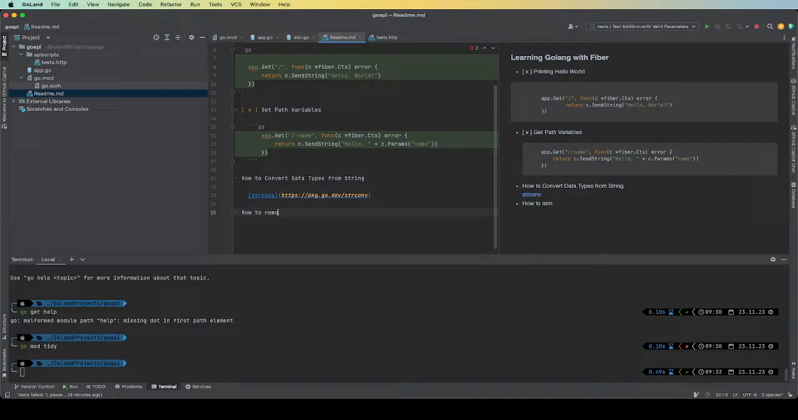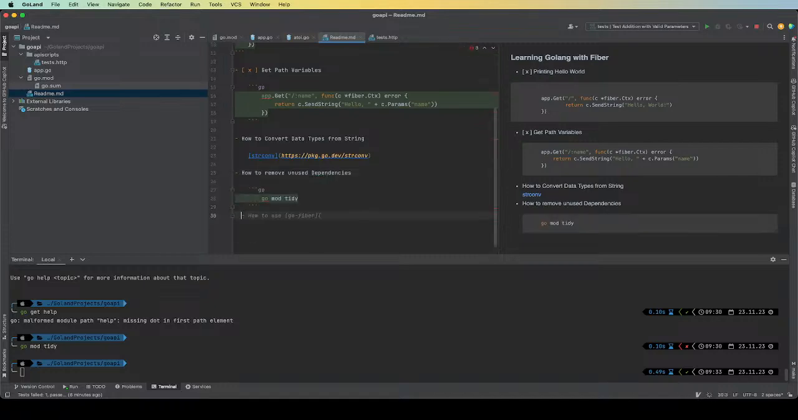How to remove unused dependencies. Right. Okay, whatever. And okay, so we will go for the live reload. What fiber itself